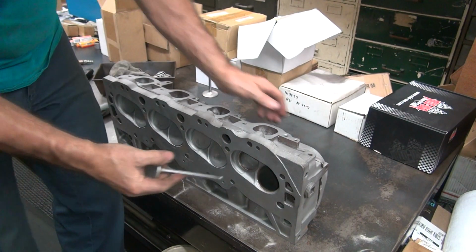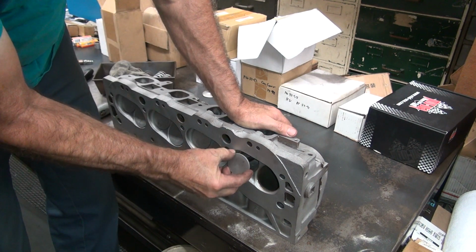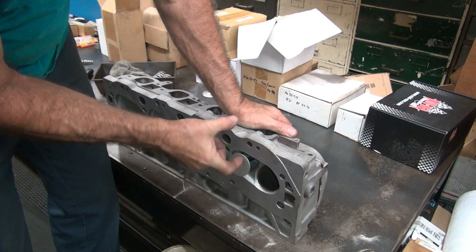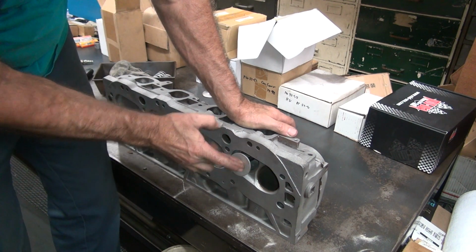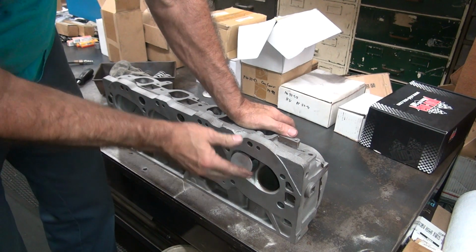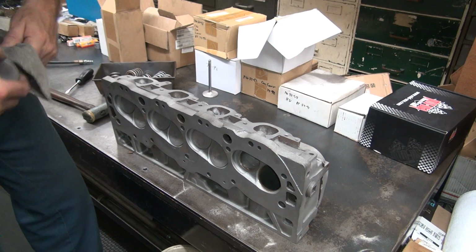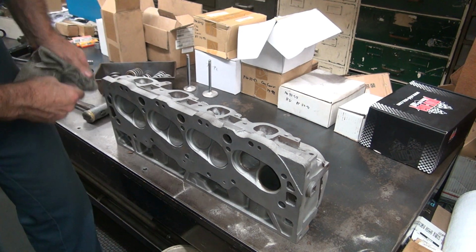Yep. The same clearance as the intake, a little bit looser up and down to side. That's not good, but seals are definitely working good. So long as you don't screw up those seals, they're still good. Alright, so